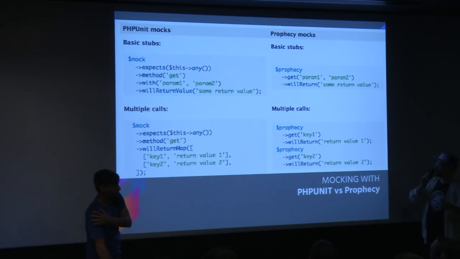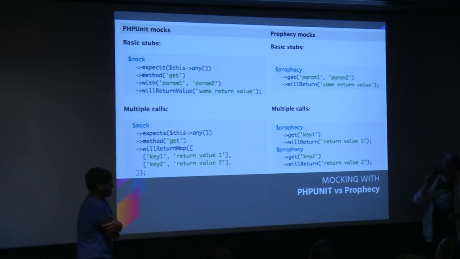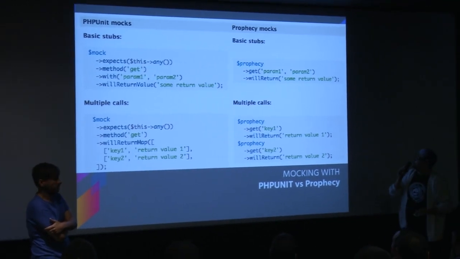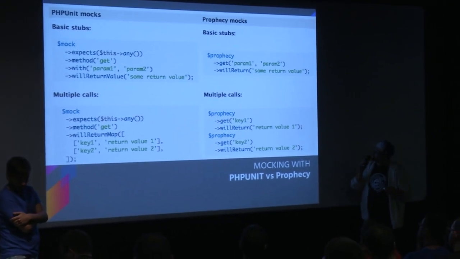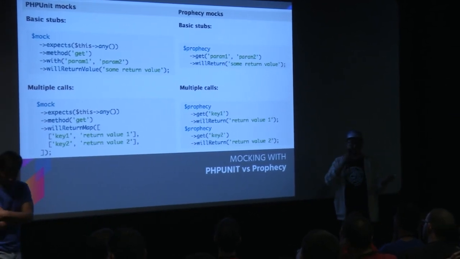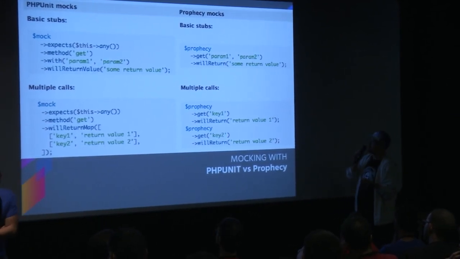So why, if we already had the PHPUnit mocks, did we introduce Prophecy in Drupal core? The reasons are quite several. The first one that you can probably see already is that it's more readable, it's easier to read. And another thing is that